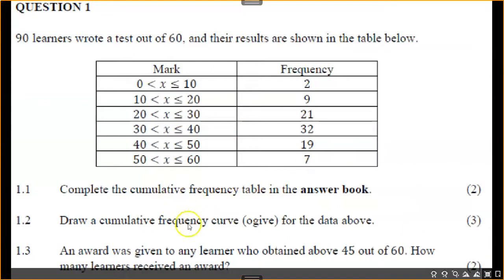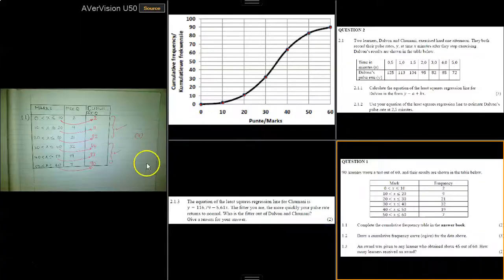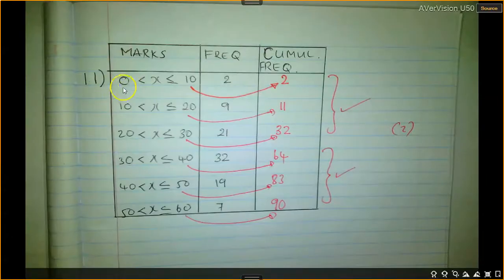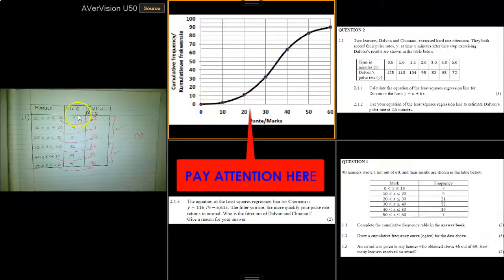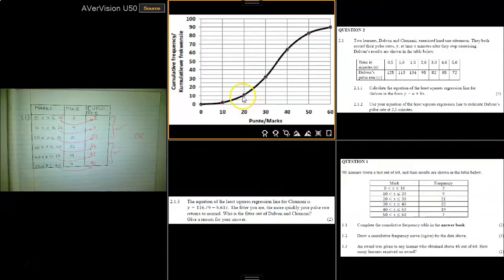Here they instruct you to draw a cumulative frequency curve or ogive for the data above. Now keep in mind that you're going to start with 0 and 0 because those will be your anchors. So if you look at this now, the 0 and 0, that's your anchor, and then 10 and 2, so there's 10 and 2 below the 5, which is the halfway line there. So there's 10 and 2, 20 and 11, so 11 is just above 10, 30 and 32, okay, and then